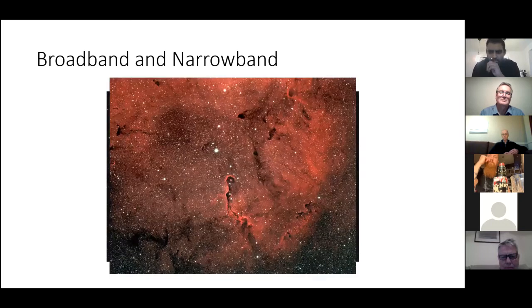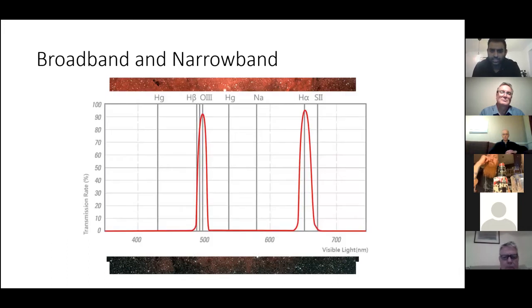The Elephant Trunk Nebula, or many emission nebulas, in contrast, are narrowband targets. And what that means is that the useful signal, the useful light that we want to capture, is predominantly found within narrow bands of light. And we can use that as astrophotographers to our advantage to increase that signal and minimize the noise that we capture. So that was the rationale for using a narrowband filter or a dual narrowband filter for my Cygnus Loop